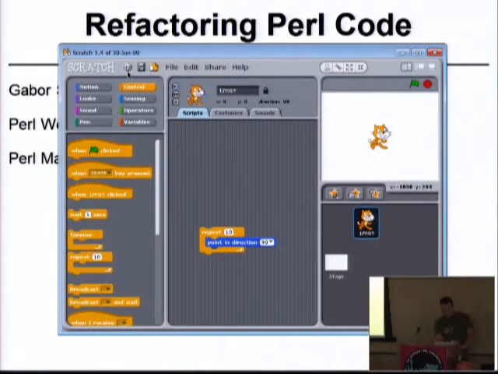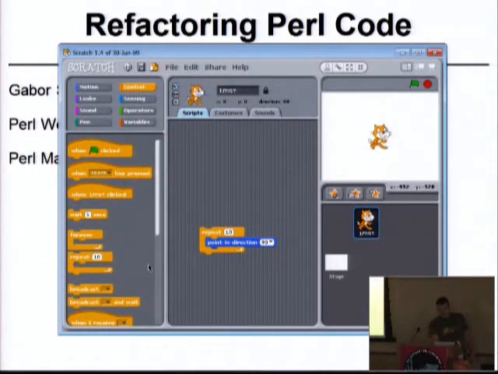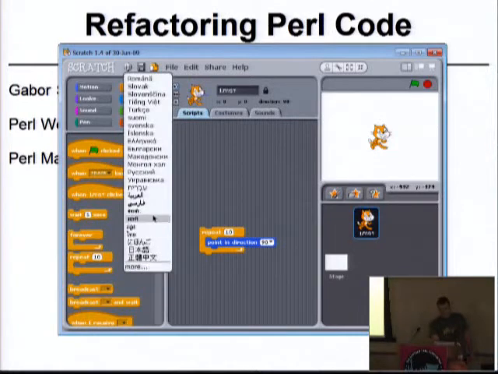Even if you don't, well, that's not that relevant here, but for places where people don't speak English, especially for kids, you can switch the language of the controls. For example, let's pick a language.